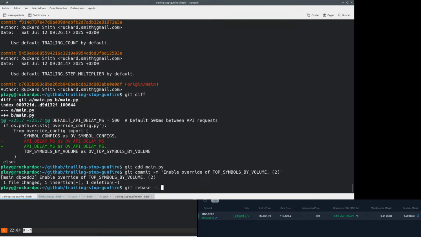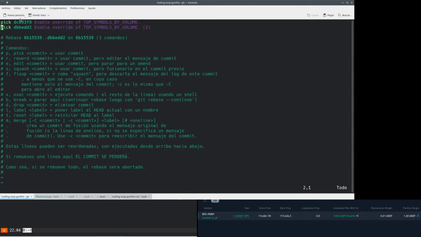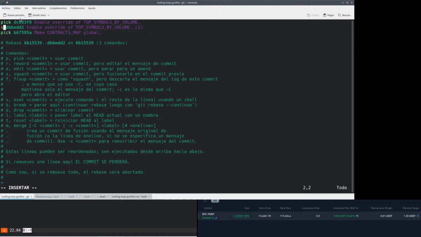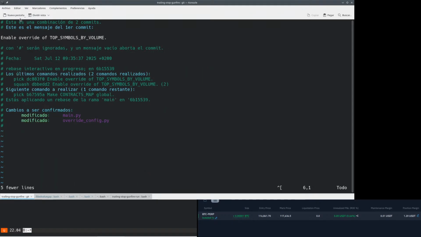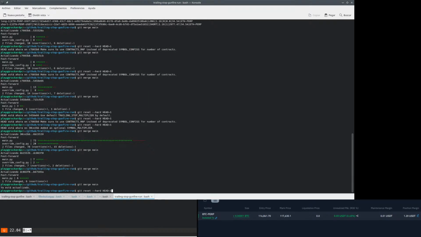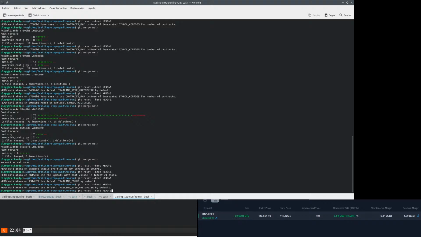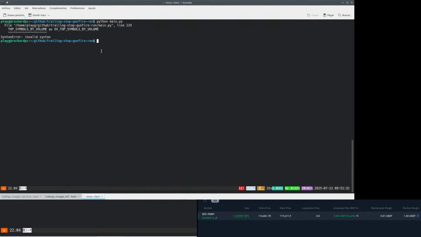Then I'm going to rebase, something like that, like this, and we squash this here. So like this, and hopefully here we can reset this. Okay. So now I should be able to run this. Maybe I should merge the